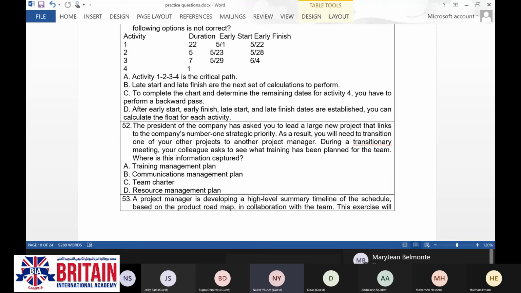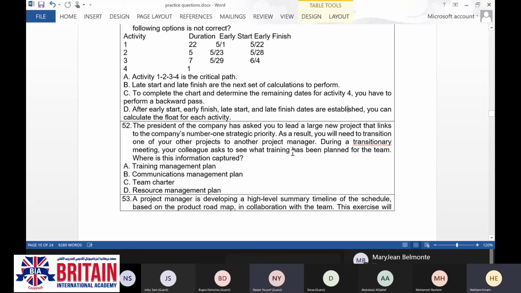As a result, you will need to transition one of your other projects to another project manager. During the transitionary meeting, your colleague asks to see what training has been planned for the team. What training has been planned for the team? Where is this information captured?